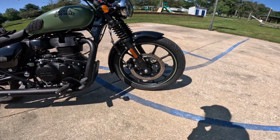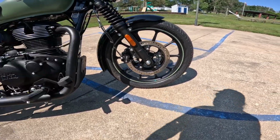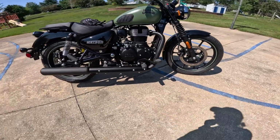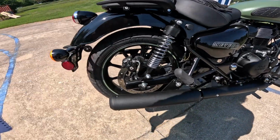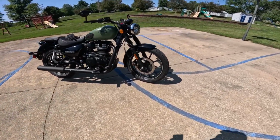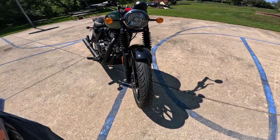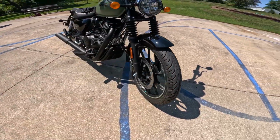Brakes on this hot rod are a 300 millimeter disc on the front with a dual pot Bybre. That means 2 pistons. ABS, of course. On the rear, it's got a 270 millimeter disc with a single pot Bybre. ABS, of course. The front tire is a 100/90-19 on these nice mags. Tubeless tire, by the way. Aren't those mags neat? Just love it. And of course, like I said, tubeless tire. The rear is a